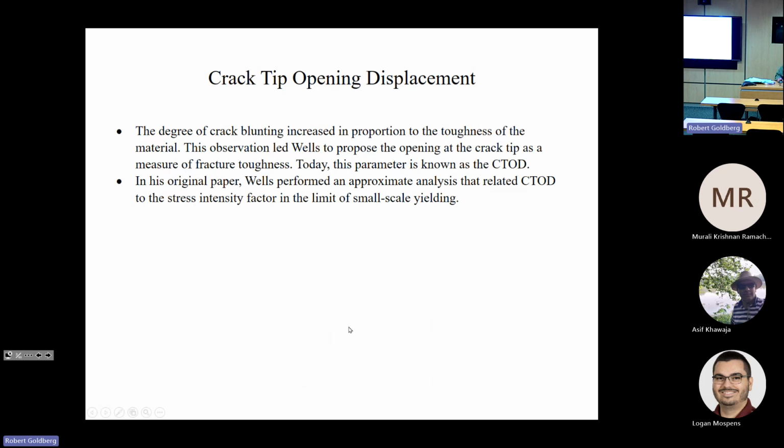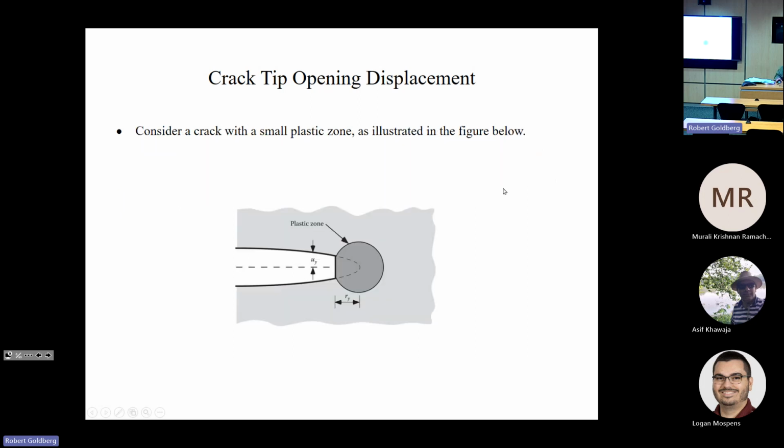And in his original paper, Wells performed an approximate analysis that related this crack tip opening displacement to the stress intensity factor in the limit of small scale yielding. So what we'll do is start off with some calculations. We're going to consider a crack with a still relatively small plastic zone, as shown here. So we have our blunted crack, and we have this small area of plasticity